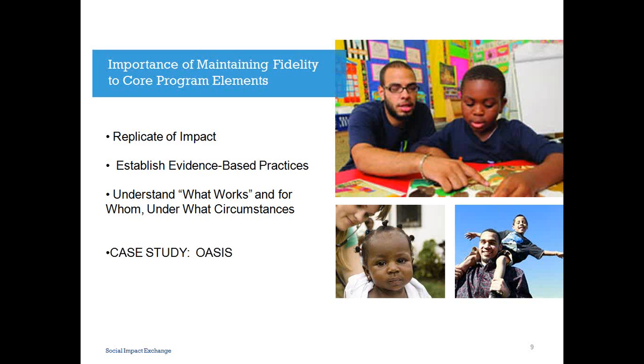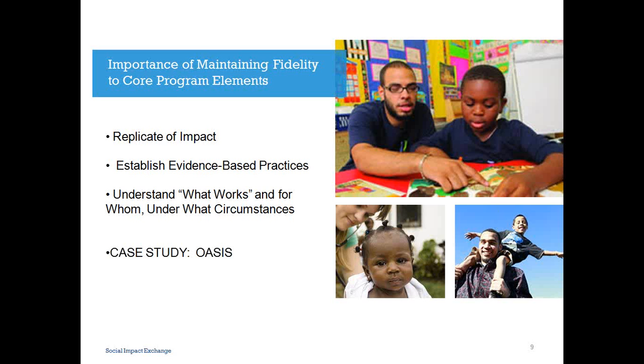And that is the methodological importance in an evaluation, but then there's something that you even should think about when you're scaling your work. It's almost like the next step to making sure a future evaluation would be just as rigorous, and that's maintaining fidelity to the core program elements. There are three key reasons for this. Obviously, it's going to replicate your impact. So replication of your findings, and if your program elements are different, you should not or may not or cannot expect the same outcomes. It also will establish an evidence-based practice for future scale.